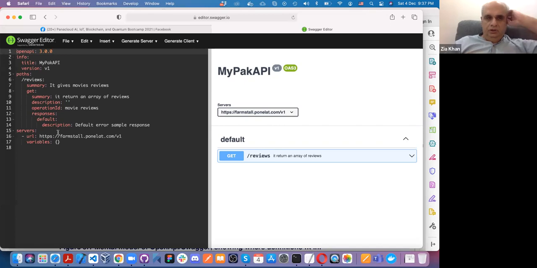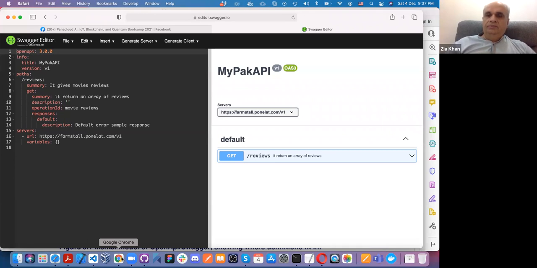On the left, you write in YAML, and you define the name of the API, what the paths are, whether you are going to use get or post, what the URLs of the server are, and so on.